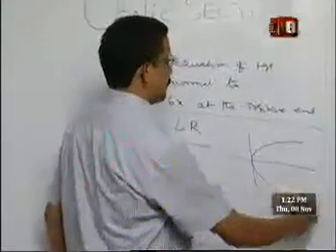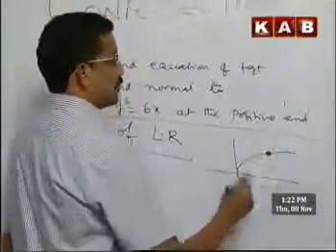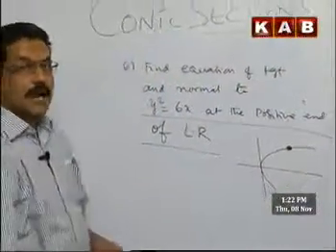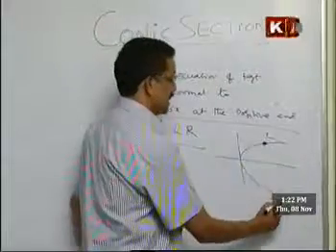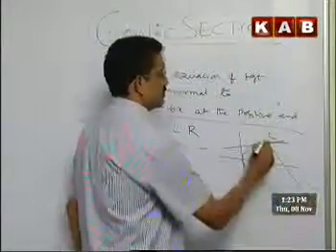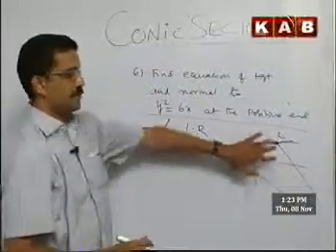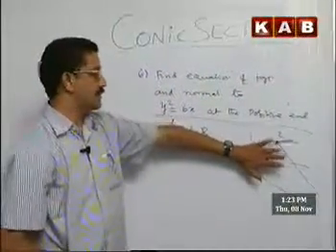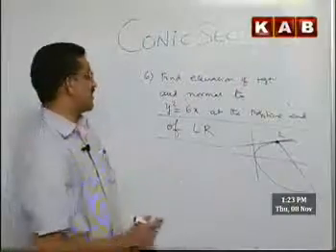This is your parabola. This is the latus rectum. What are the latus rectum endings? We will call them as L and L dash. He is asking the tangent equation, normal equation. Here, this is a visual representation to understand, to make you clear. Now, for answering all this, we are not required.